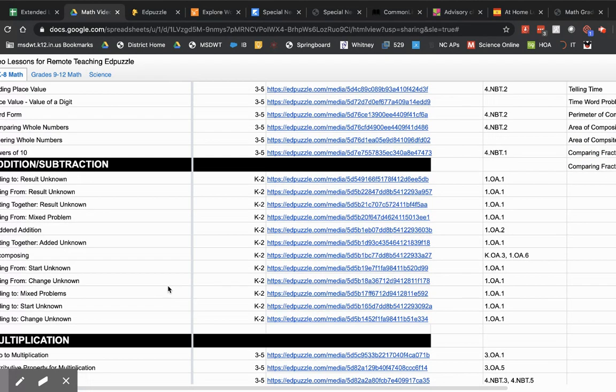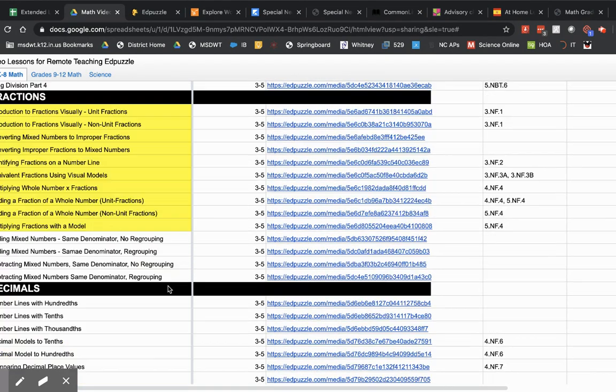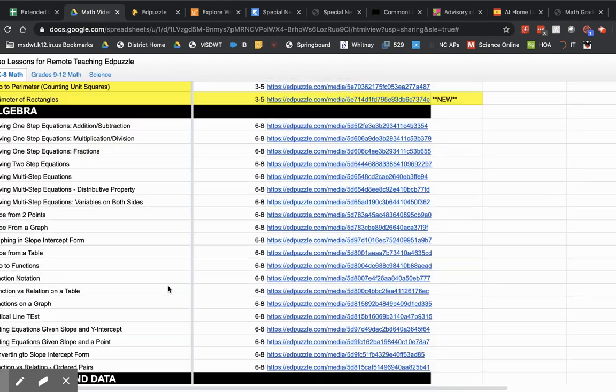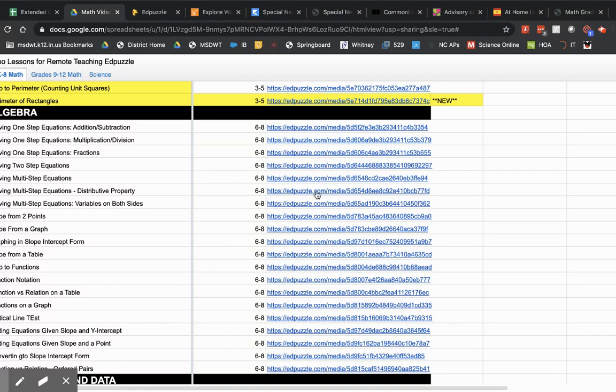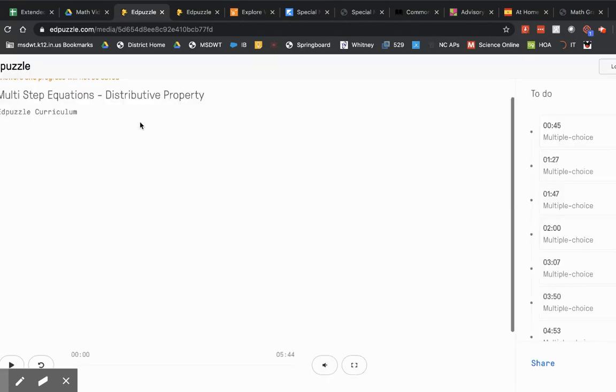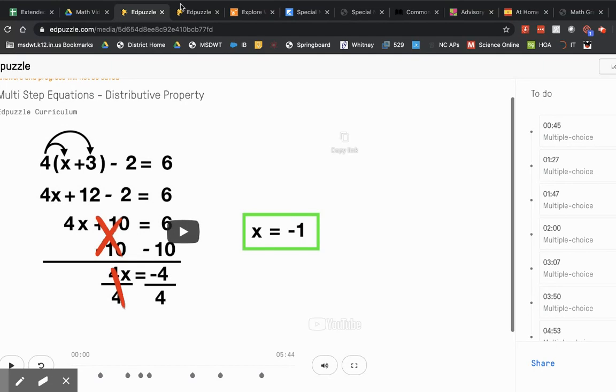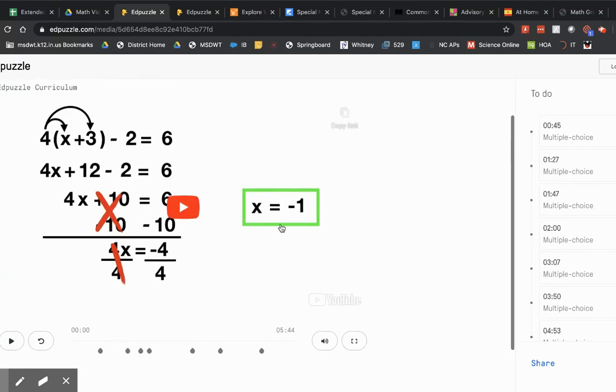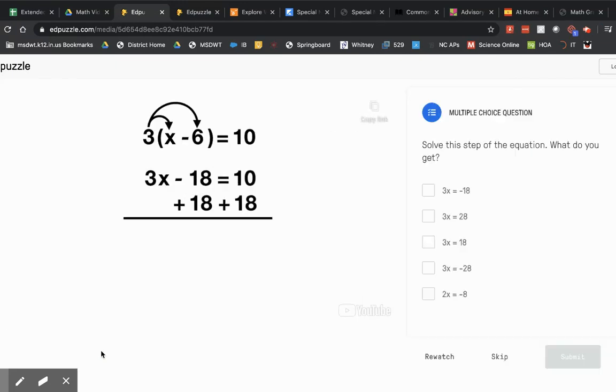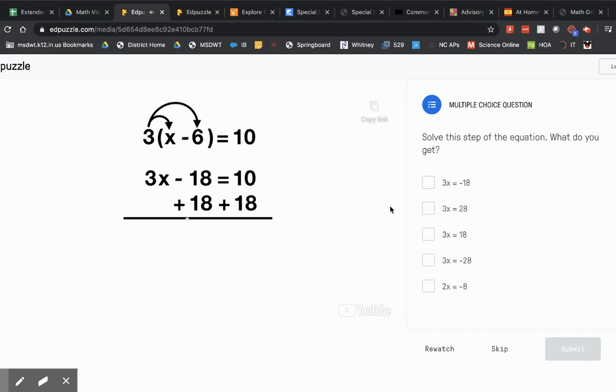The science tab is a little lacking, but really any content could use these. So if you're looking for a particular content area, just search in Edpuzzle and there's a ton out there for you to use. If we head back to, see, there's an example. Thanks, Nancy. And you can see those little bubbles at the bottom and on the side. That's where multiple choice questions are embedded. So if we head back to the spreadsheet,